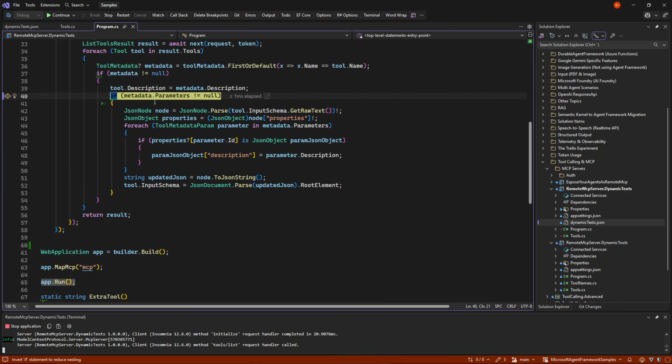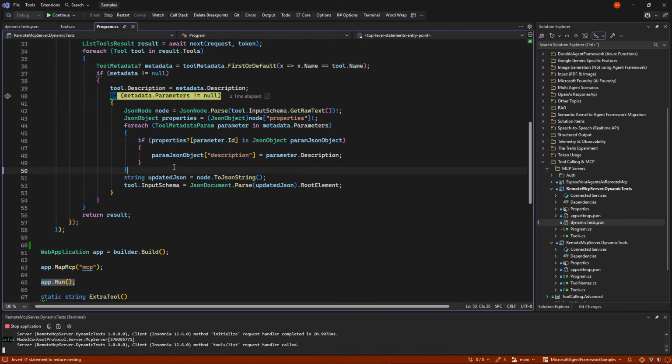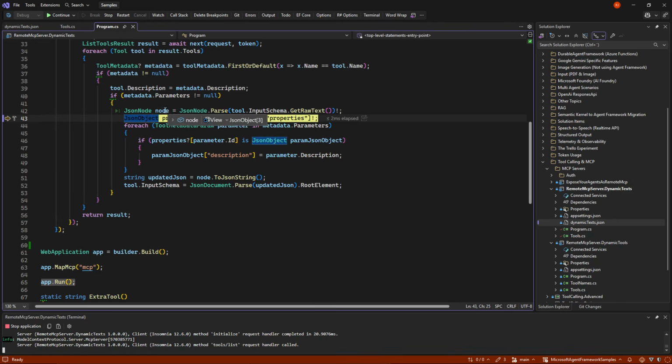Parameters is a bit more difficult because on the tool as we see it right now, we will see that this is a JSON object, a JSON element. So we need to on the fly manipulate this JSON element, and we can do that. So we just take the JSON element and turn it into a JSON node.